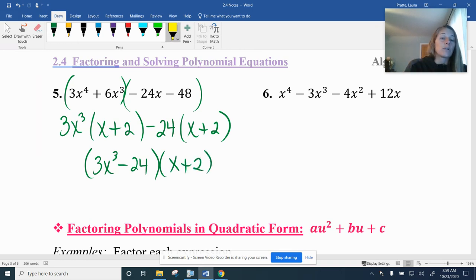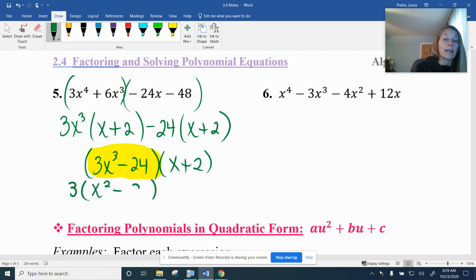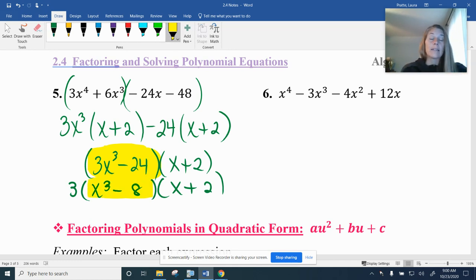Now, if I look at this first factor, I have an exponent there, so I want to see if there's anything else that I can do. Well, there are no perfect squares right now. However, there is a GCF of 3. So if I take out a 3, then I'm left with x cubed minus 8. Whoops, that was actually x cubed, sorry. Now that I took out that 3, I still have something factorable because now it's